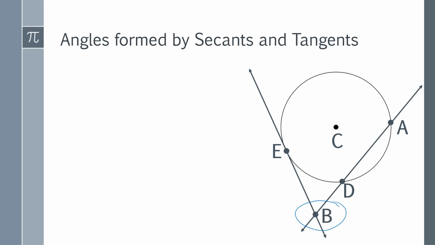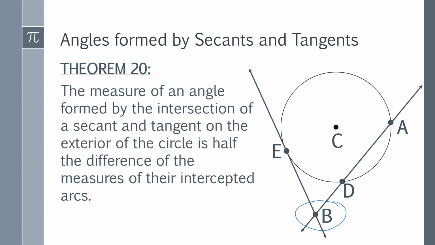Okay, so what does theorem number 20 state? Theorem number 20 states that the measure of an angle formed by the intersection of a secant and a tangent on the exterior of the circle, meaning nasa labas na po ulit, sa labas po ulit ng circle. Pag po nasa labas ng circle, remember that the arcs should be subtracted. Arcs should be subtracted. So therefore, it is half the difference of the measures of their intercepted arcs, meaning